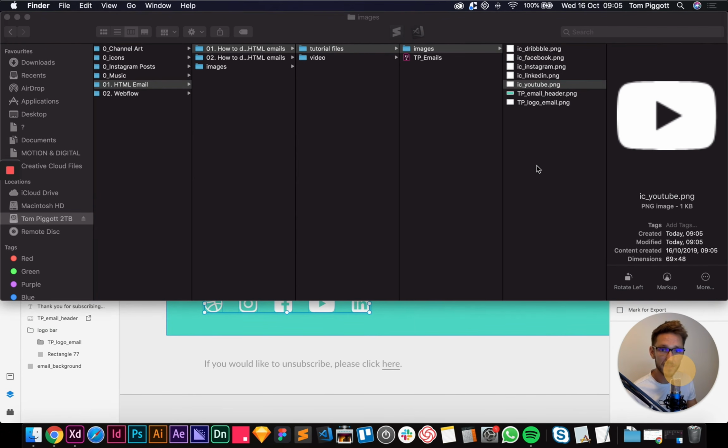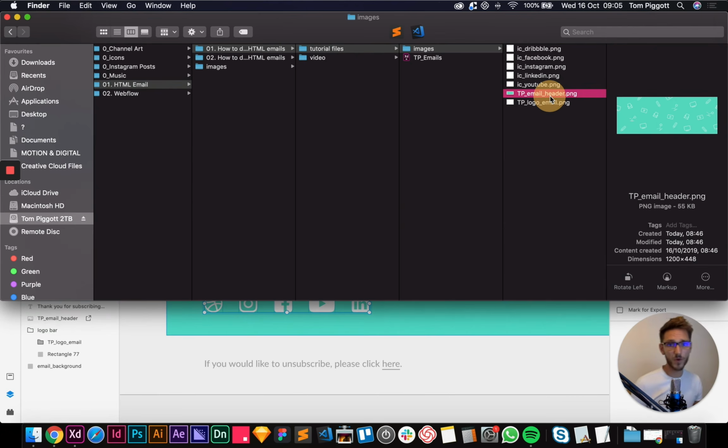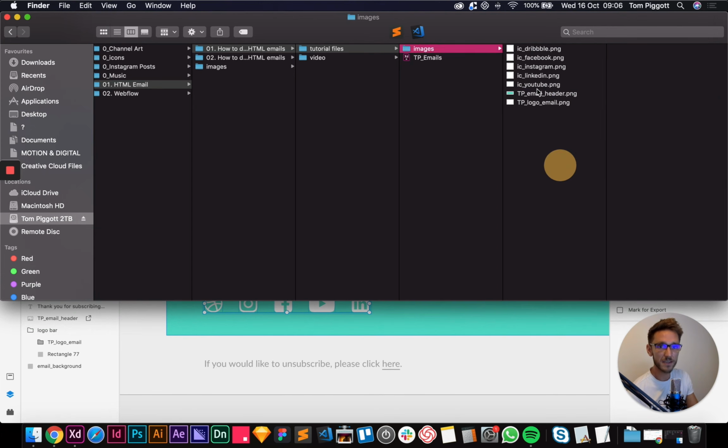So one final stage is we need to think about when people are out and about and they're loading emails on their phones and they don't have much reception, you know, they're not on Wi-Fi, maybe they're on 3G because there's no 4 or 5G available. We want the images to load quickly, especially if we've got an image at the top, and especially with the brand logo, we want that to load immediately. We don't want them to be sitting there waiting for things to load, because they'll get bored. People are really impatient these days. So we want to make these images as small as possible. So we need to compress them.